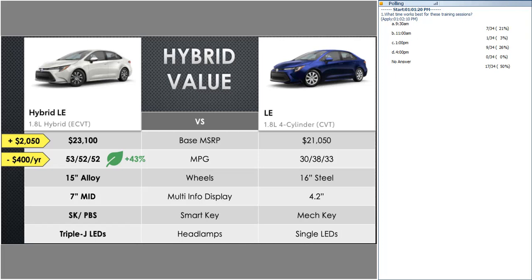It makes the vehicle look premium. And even though it's an LE grade, it has that premium feature. Another thing is smart key and push button start. That is standard on all of our hybrids. With a gas LE, of course, you have a mechanical key. And obviously, once you've had a vehicle with smart key and push button start, it's hard to go back to